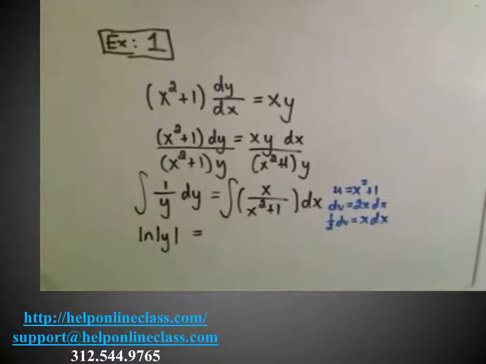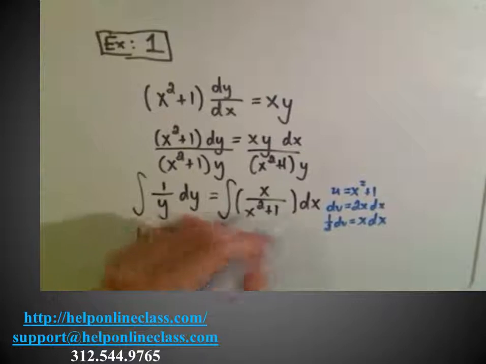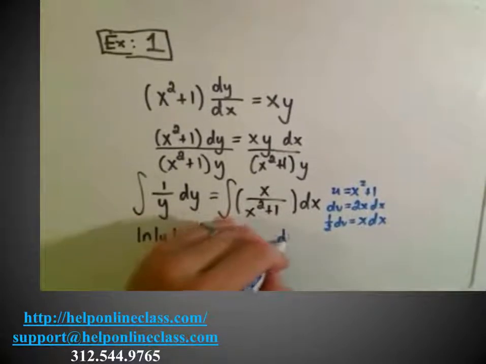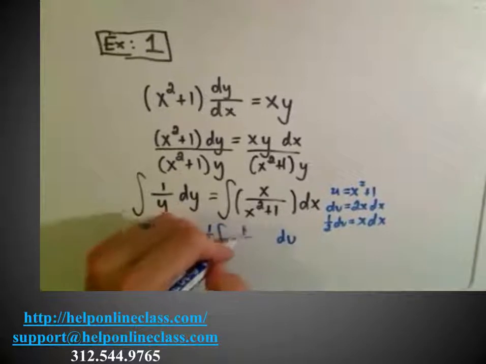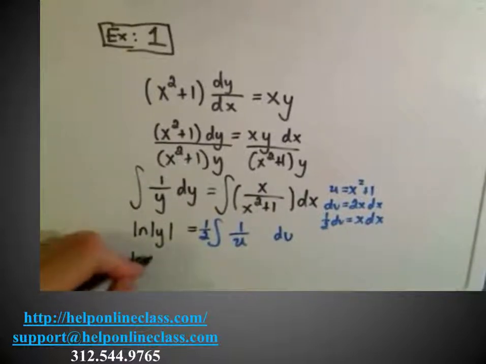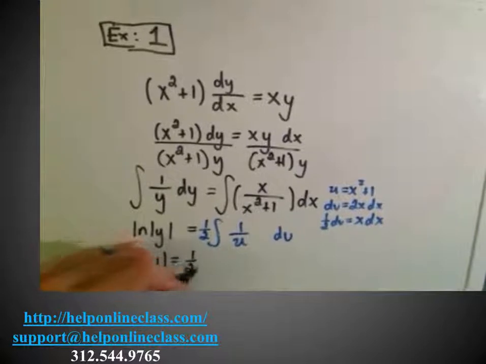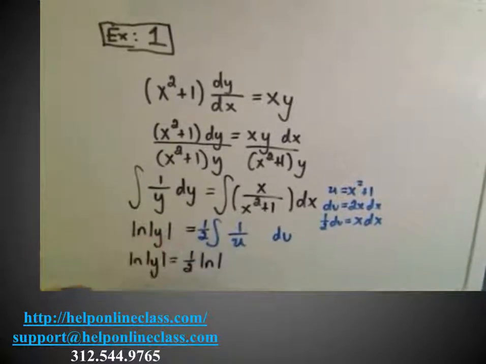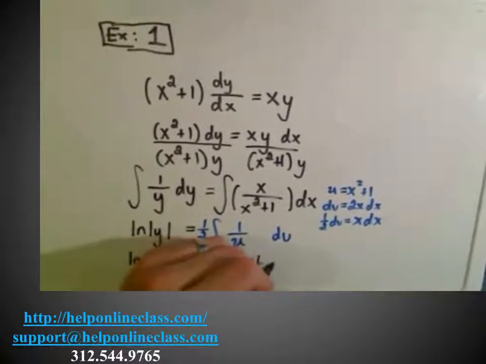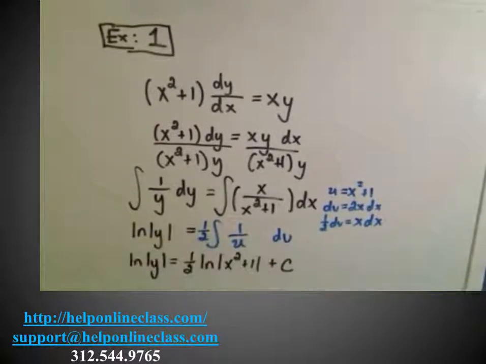So then when I go to integrate, x dx is replaced by the 1/2 du, and then I'm just going to have 1 over u left over. So when I integrate both sides, again on the left I already have the natural logarithm of y. I'm done with that. On the right I'll get 1/2 the natural logarithm of u, but remember u is x squared plus 1, plus c. Now if possible, usually what you'll do